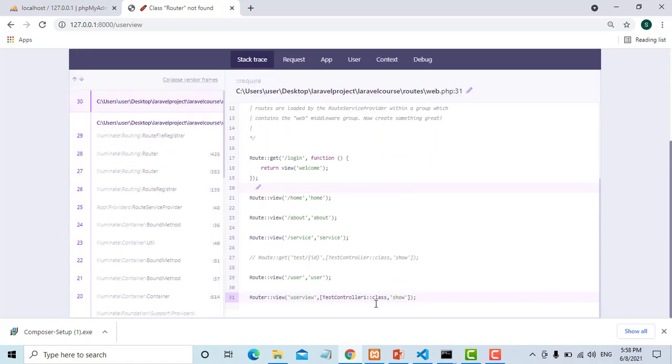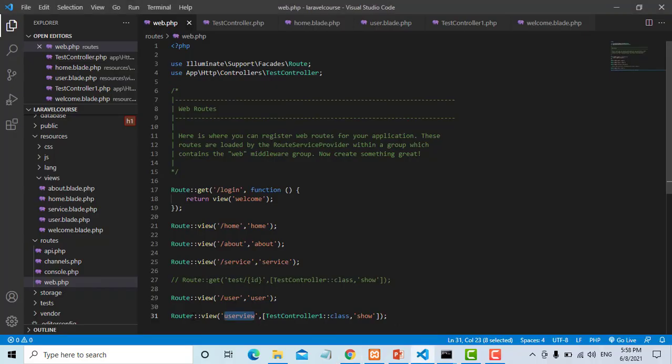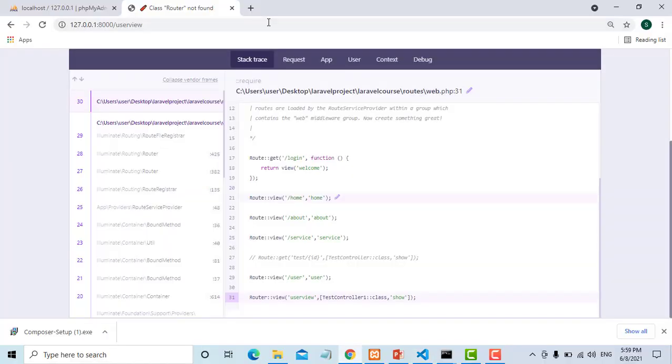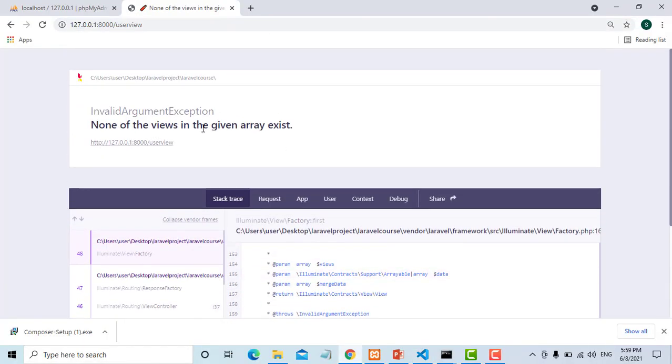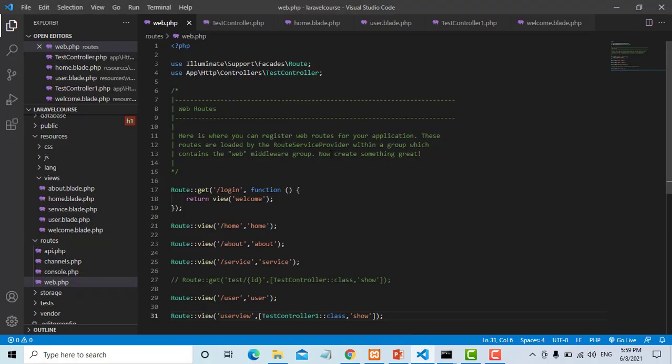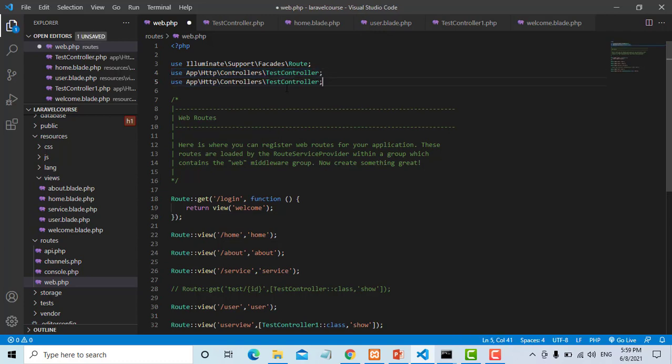Class not found. Oh, I have a mistake here. Yeah, you have to define here TestController1. Yeah, copy, paste, save.